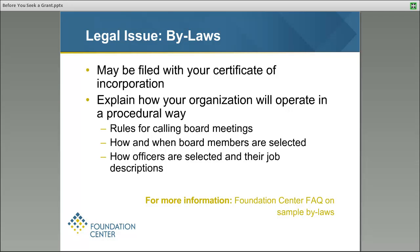how and when the board members are elected, and how officers are elected. And explaining what the jobs of the officers are, like the chair of the board, the secretary, the treasurer. Also sets up things like board term limits, or even a procedure for removing someone from your board. So all these kinds of things may seem like a long way off, that we have to remove someone from our board, but these are the kinds of things you do want to enshrine in your bylaws from